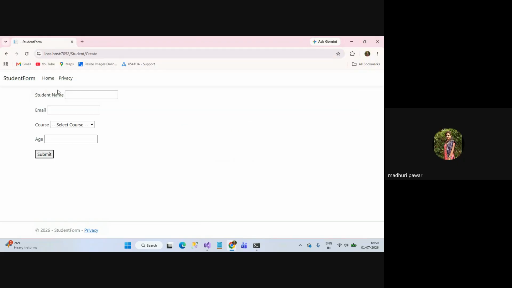Just change it to 10 or 5. Okay, 10. Save this. Run again. Student create. So, 3, 4, 5, 6, 7, 8, 9, 10. It is not giving me access to type more than 10. Okay, with these restrictions we are good with the maximum length, right? And we're good with the required. We are good with this, but the display name